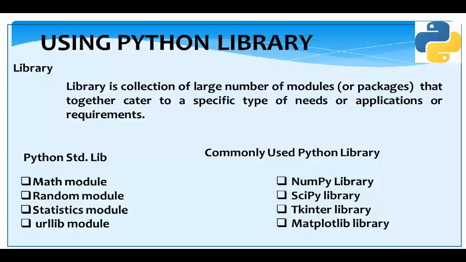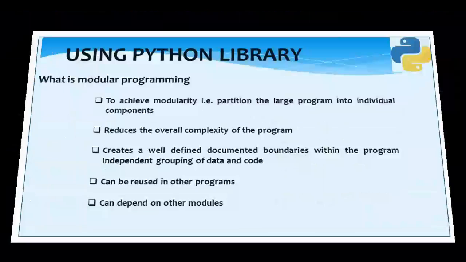The Tkinter library provides the traditional Python interface toolkit and helps us create user-friendly GUI interfaces for different types of applications. And last, the Matplotlib library provides many functions and tools to produce quality output in a variety of forms. So basically we can say that a library is a collection of various types of modules. Let us try to understand the meaning of a module